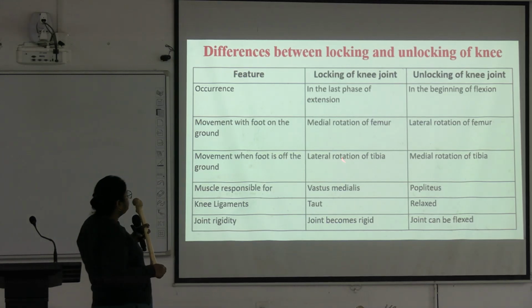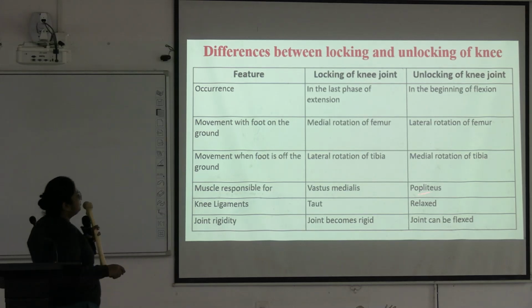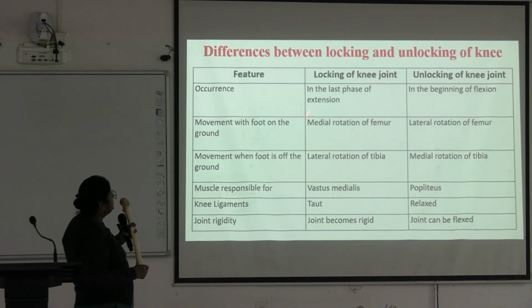femur. And opposite rotation of the tibia occurs when the foot is off the ground. Okay, when the foot is off the ground, lateral rotation of the tibia occurs during locking and medial rotation of the tibia occurs during unlocking. And the muscle responsible is vastus medialis for locking and popliteus for unlocking. Knee ligaments remain taut during locking and remain relaxed during unlocking of the knee joint. And joint rigidity: the joint becomes rigid during the locking of the knee joint and becomes relaxed or flexed during unlocking